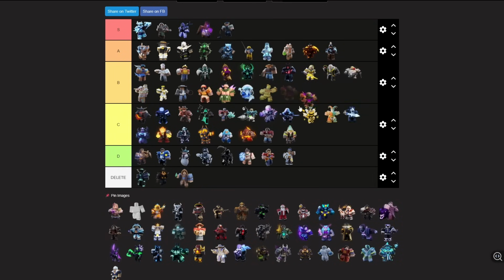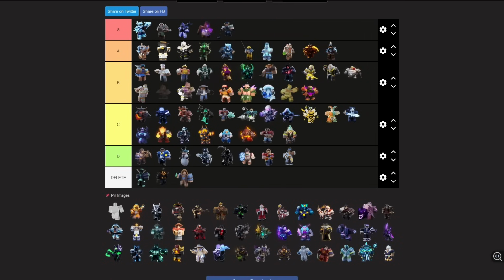Alright, next up is the Nazar kit, and this kit's pretty solid. I'd say it's like in the B tier. Alright, next up is the Noel kit, and this is like one of the best kits for bed defending, and the heal slime's really good if you can give it to a jug, so I have to put Noel in